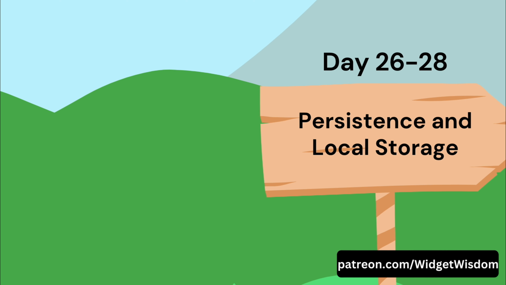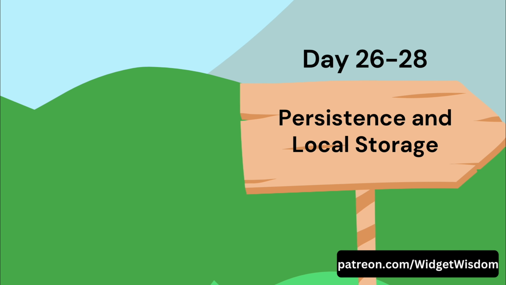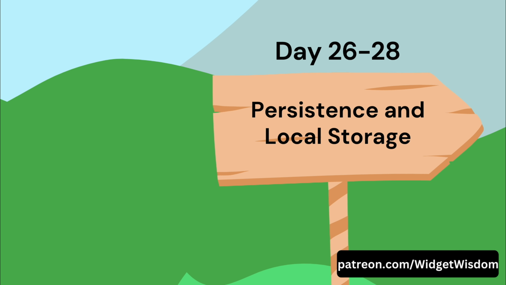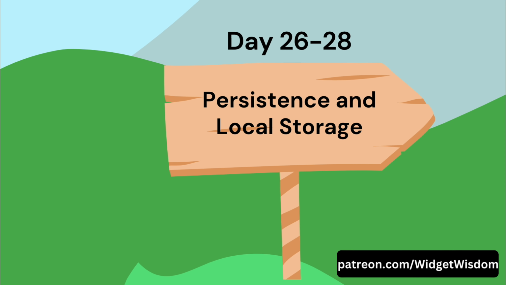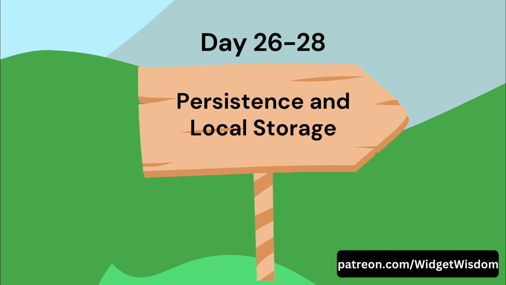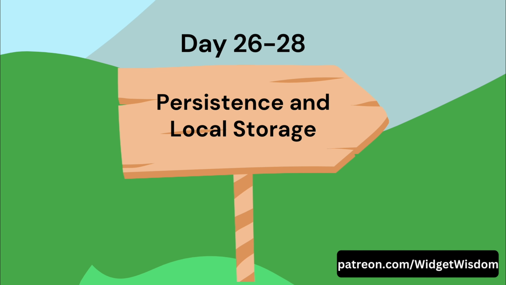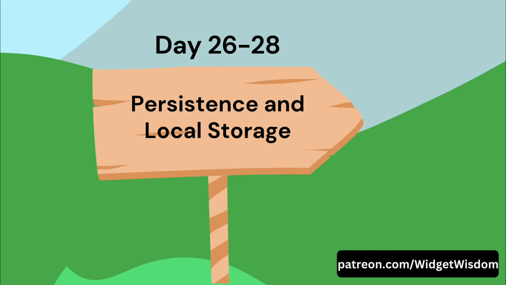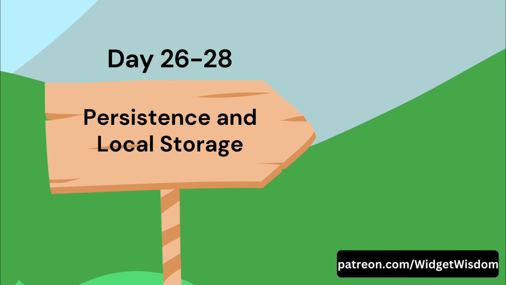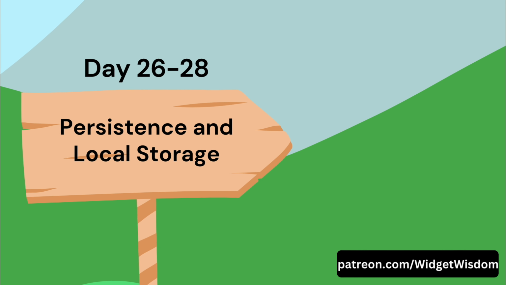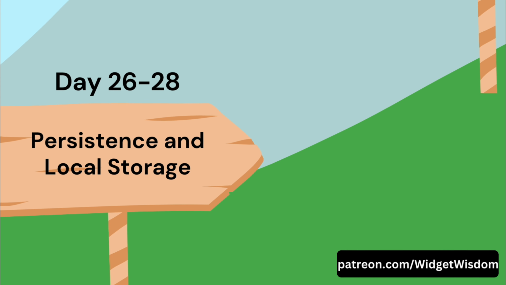From day 26 to 28 are all about data persistence and local storage. Learn how to save data locally using shared preferences for simple key-value storage or Hive for more complex scenarios. This is essential for apps that need to store user settings, cache data, or operate offline. By the end of day 28, you should be able to implement basic data storage solutions in your apps.